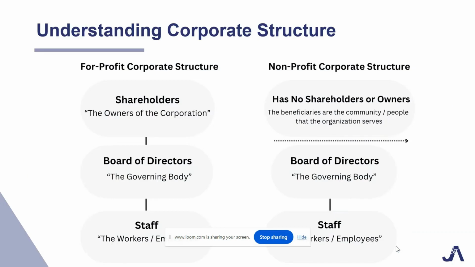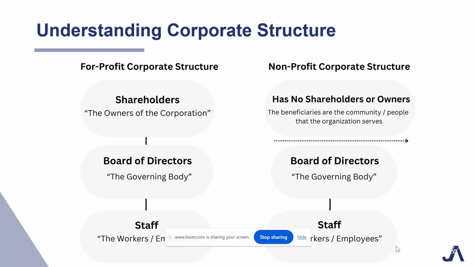comparing it to for-profit corporate structure, just so that you can get a sense of what it means to run a corporation. Because a nonprofit is a type of corporation, it's simply a nonprofit one instead of a for-profit one. They have similarities, but they have a very clear and distinct difference. As you can see, to your left you have for-profit corporate structure, and to the right you have nonprofit corporate structure. Now, notice both of them have a board of directors, which serve as the governing body of